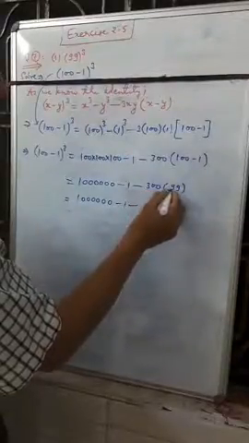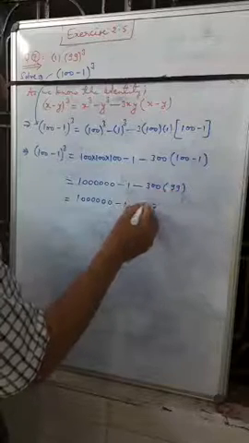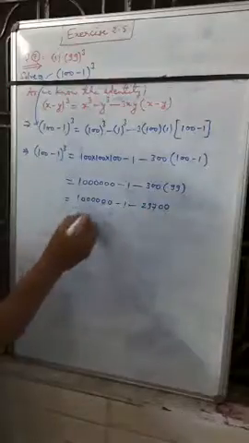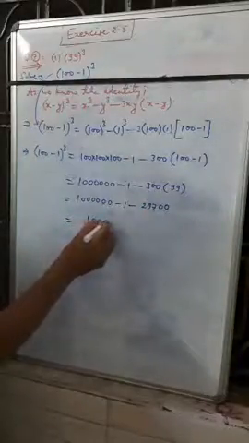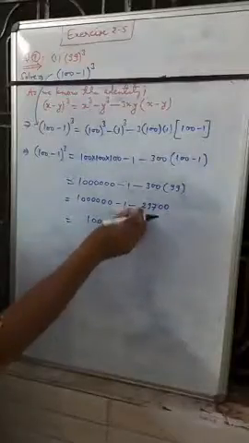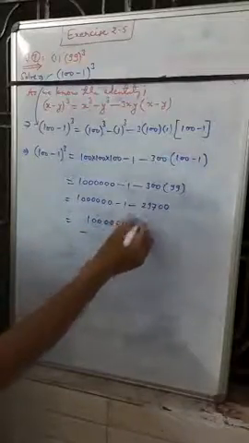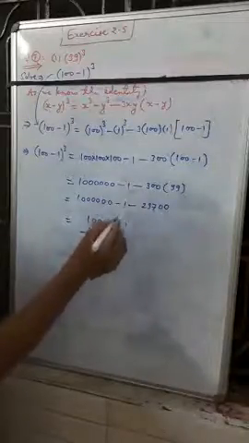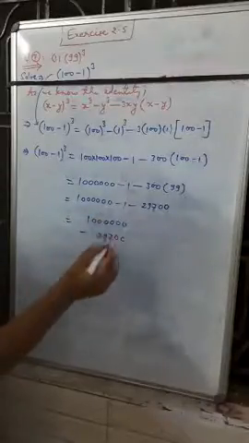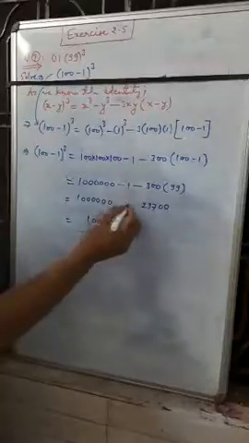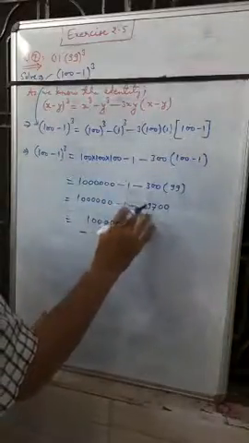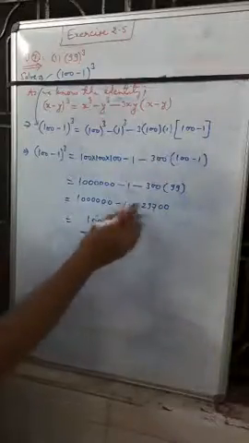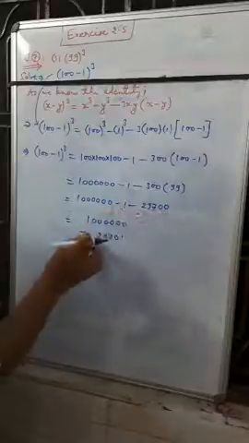Carry 2, 3 9s are 27, or 2, 29, and you will write double 0. So we can solve like this: 1,000,000 minus 729,000 minus 1. Minus 1: if you add both the values, minus 1 will be added to 297,000. So we can write 297,001, because both are minus, so the value will be added, but the sign is minus.